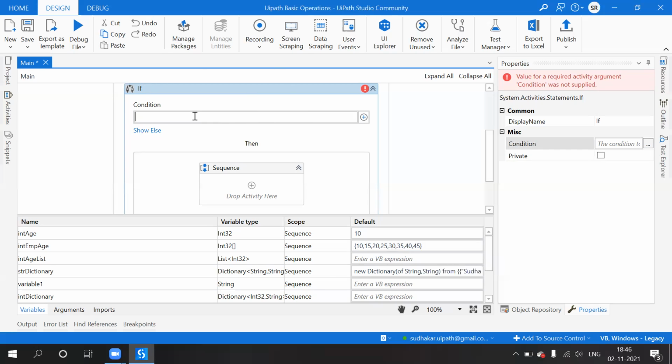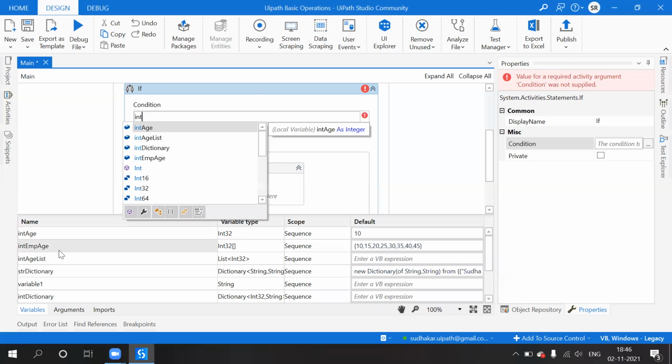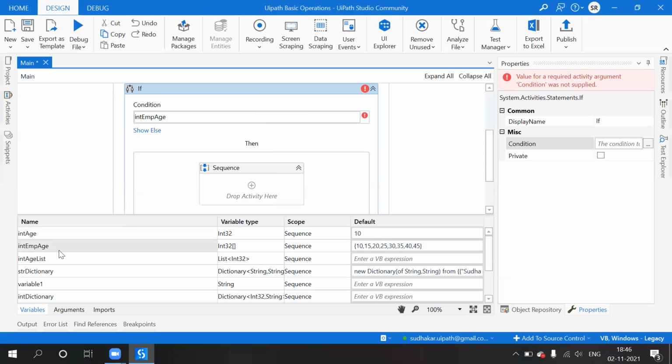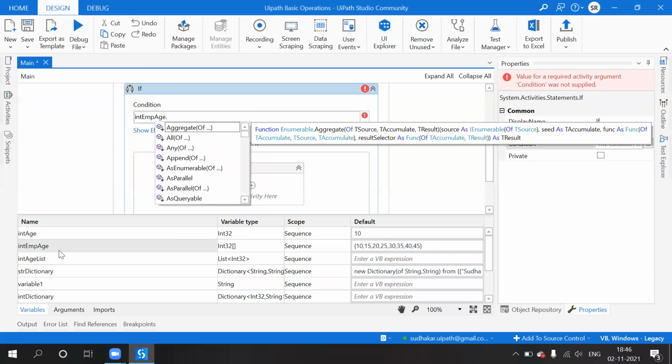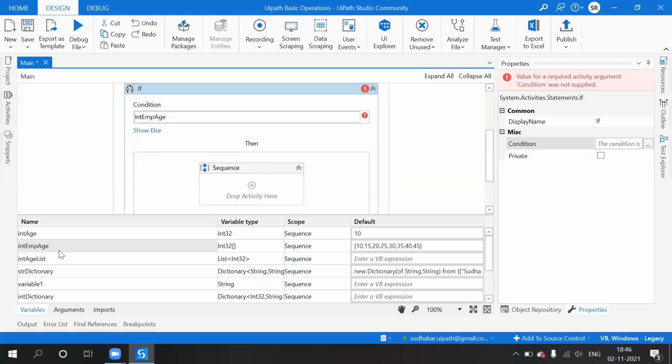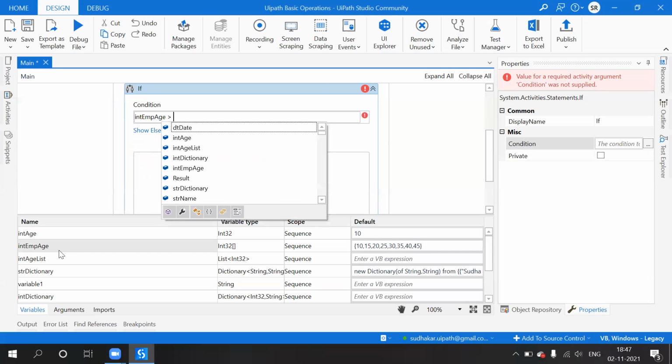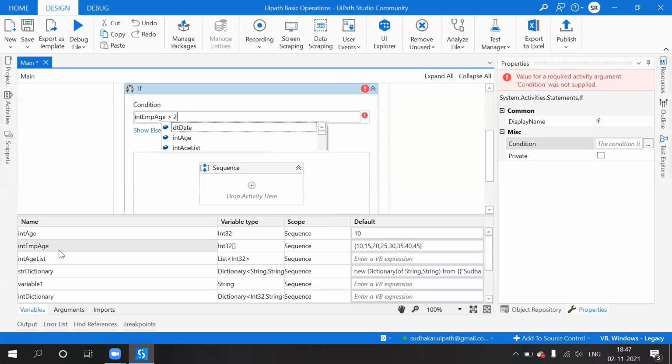So if, what is the object? That means what is the input? The input here is int empas dot is greater than 25.